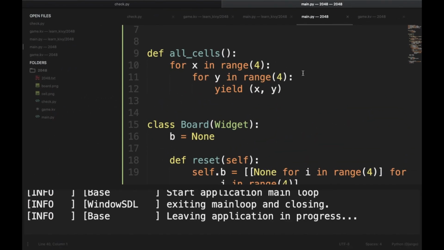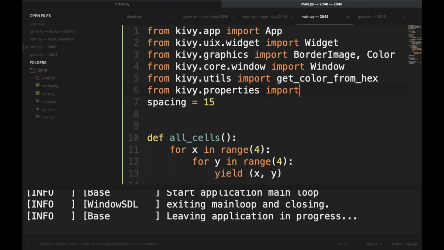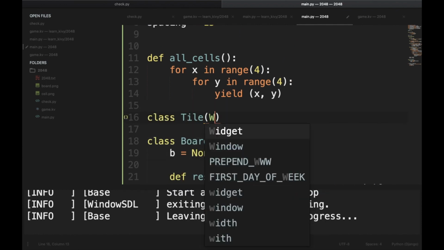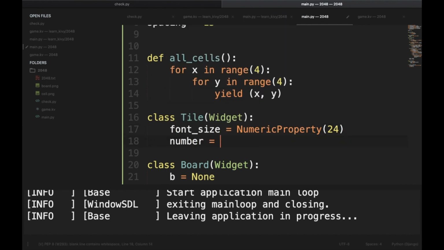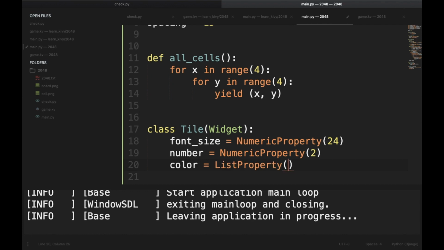Next up we will start creating our tiles, and for that in our main.py file we will need two necessary imports, and that would be from kivy.properties import list property and numeric property, and here we will create a new class called tile which will inherit from widget, and in this we will say the font size of the tile would be equal to numeric property, and that would be 24, and then number on the tile would be again numeric property, and by default the number would be 2, and then color would be a list property, and then the default would be get color from hex,